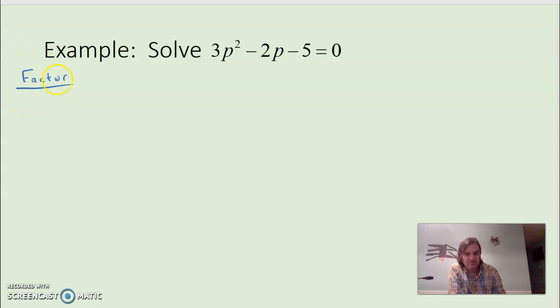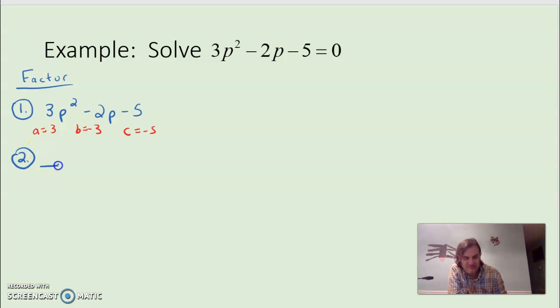Now this one I'm going to go through the 5 steps that I gave you in my factoring quadratics method video, which is, first of all, pull anything out that you can, and 3, 2, and negative 5 don't have any common factors, so we can't pull anything out. So A is 3, B is negative 2, and C is negative 5. So that means we need two numbers that multiply together to give us A times C, which is negative 15,